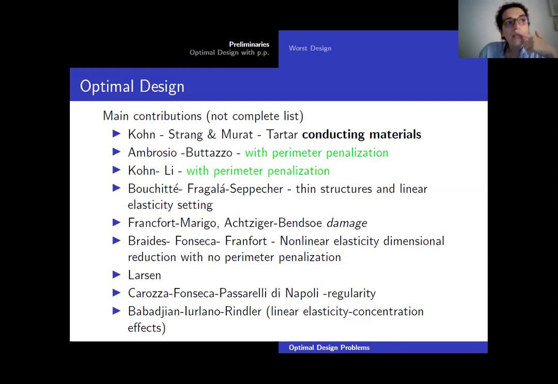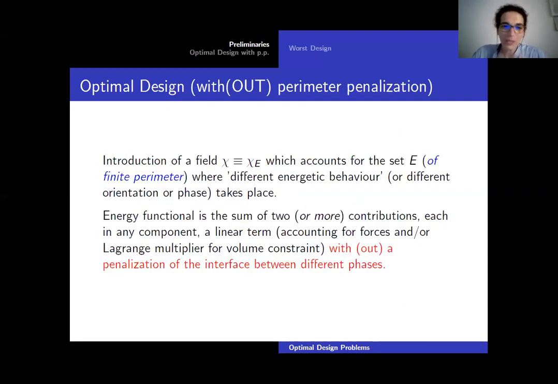Very recently, there is the study by Babadjian, Iurlano, and Rindler, where the authors want to model, let's say, the appearance of concentration phenomena when one assumes that one component of the material becomes smaller and smaller. I'll try to make maybe a little picture at some point to clarify. So essentially, the idea is that you are given a sample, a domain, let's say,